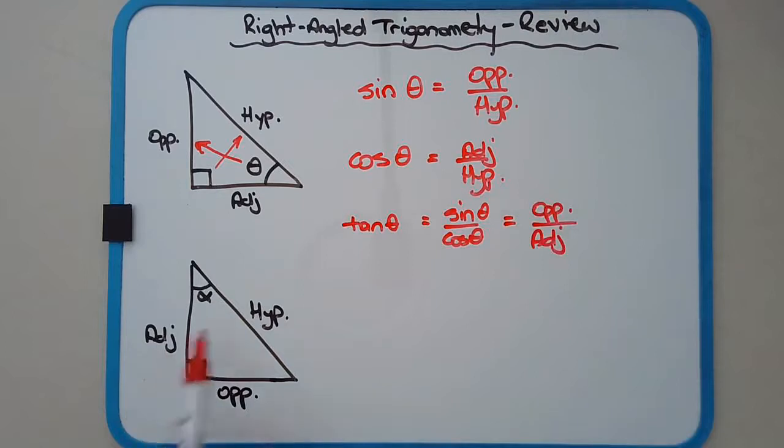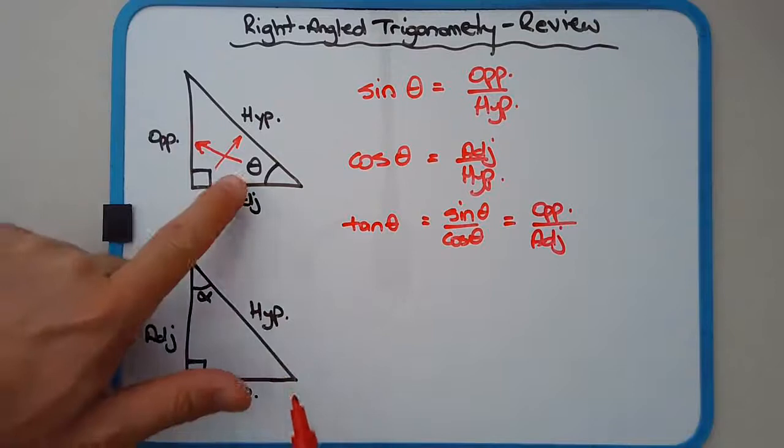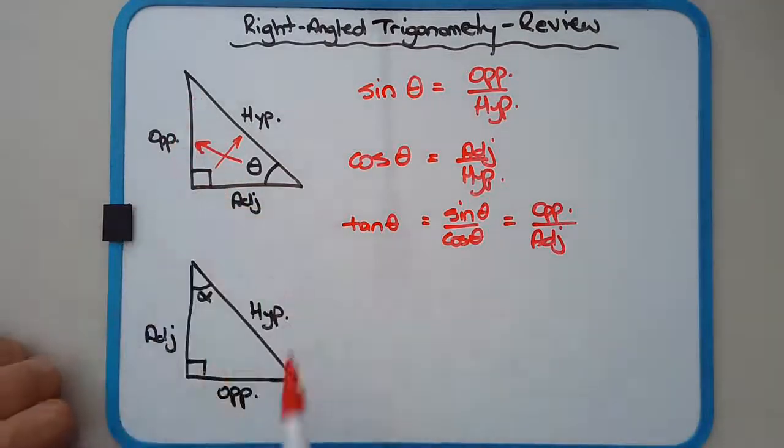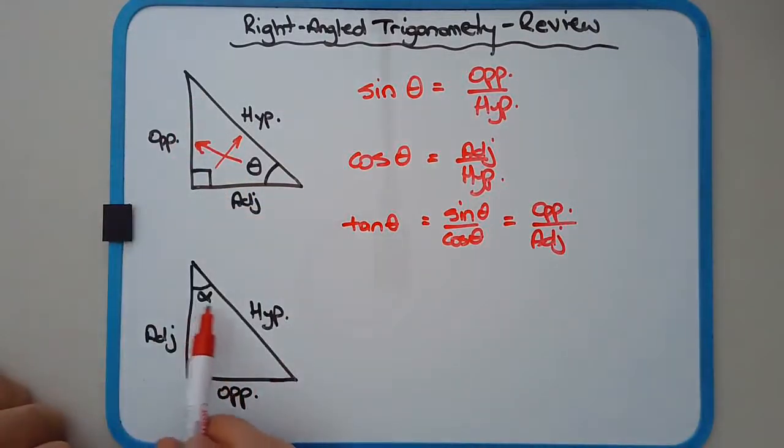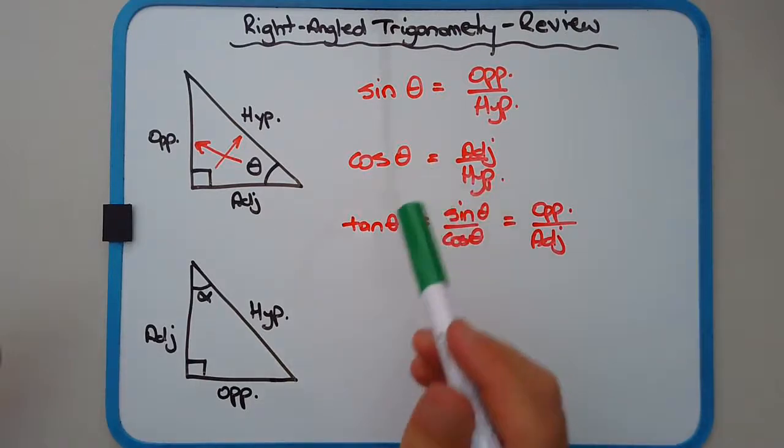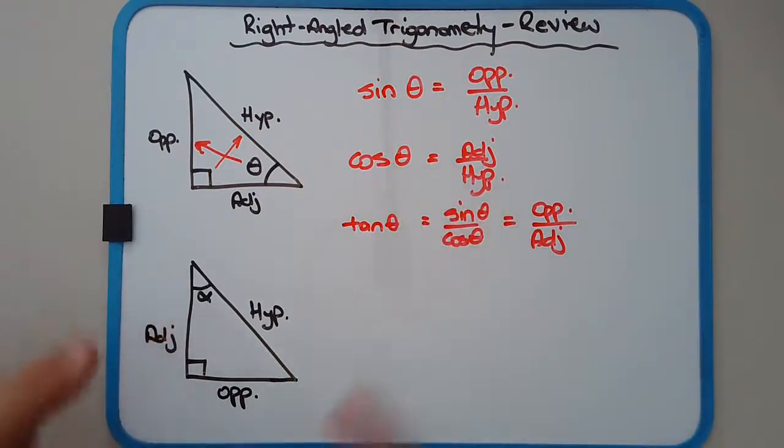Now, if the angle changes, so instead of the angle being down the bottom, the angle is now up the top. I've indicated that with an angle alpha there. Do the ratios change? Well, the labeling changes. The ratios stay the same in the sense that, relative to theta, the ratios are still identical. So sine of